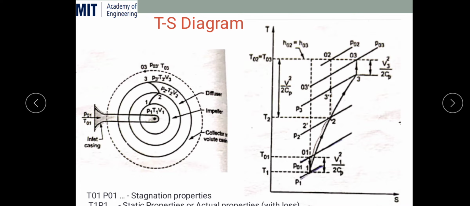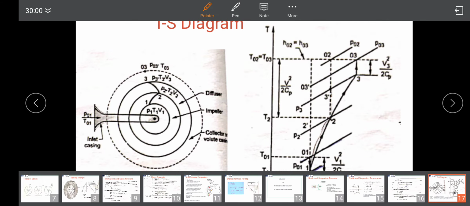That's why again the entropy increases from S2 to S3, along with the increase in pressure. Now after the diffuser, that is the static value P3, this pressurized air gets collected in the reservoir at P03. But while collecting the compressed air from the diffuser outlet to the collector side, there is again no energy being imparted. So there is a vertical line, no entropy change from 3 to 03, but the pressure increases to some extent.